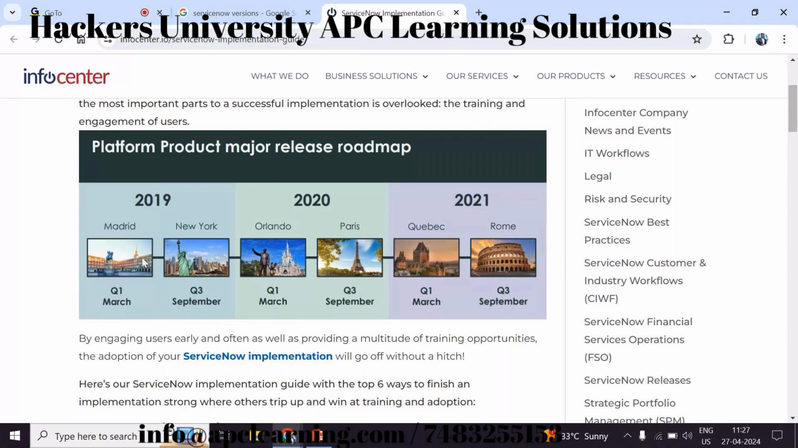How many companies are using that version? Clear? Got it. So they are just coming up with the